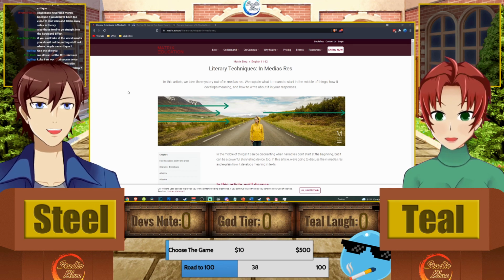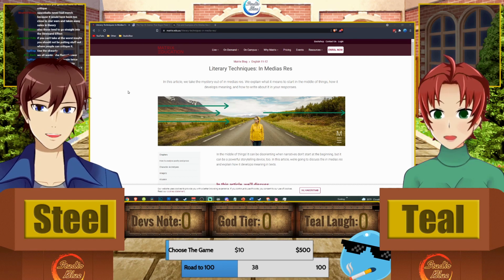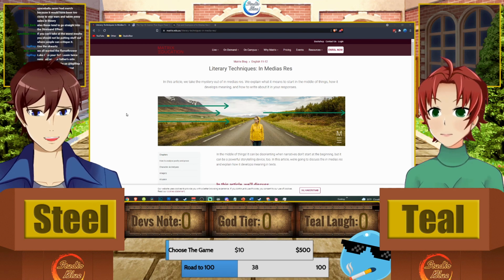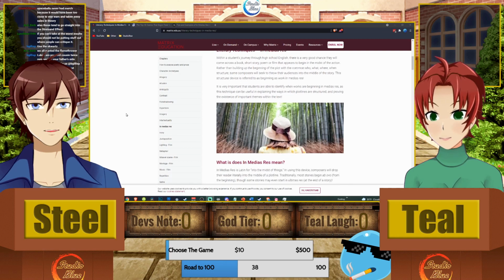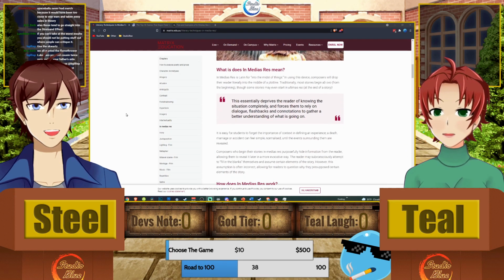So we're going to go through a couple of articles here talking about in media res. BG, if that's what you're doing, let's jump right in here. You've got a lot to say. Yes. And we're also going to go over some actual techniques later on. So let's just bring it all out. What does in media res mean?